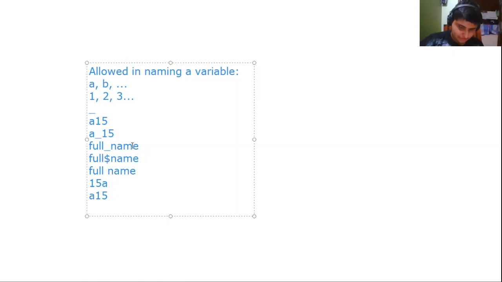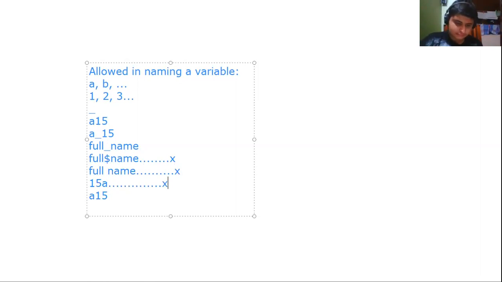So these are allowed. But this one is not allowed. Similarly, this has a space. This one is not allowed. Similarly, A15 is allowed, but 15A, it cannot begin with a number. You have to begin with a letter and then put a number.